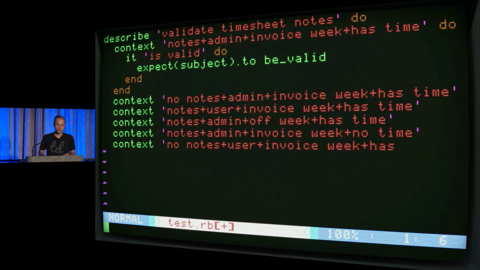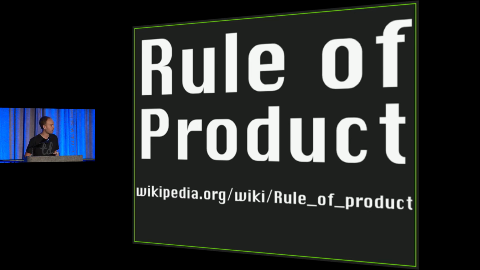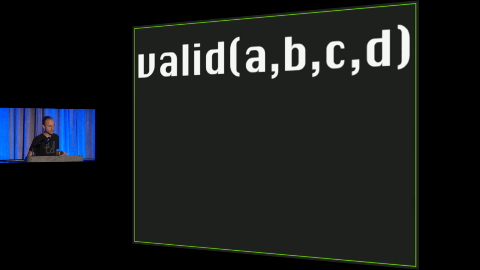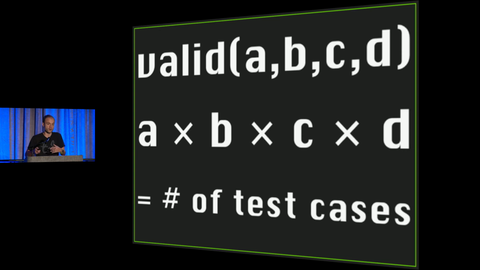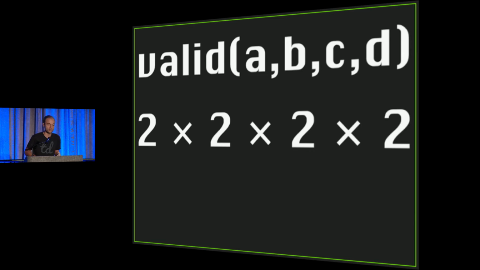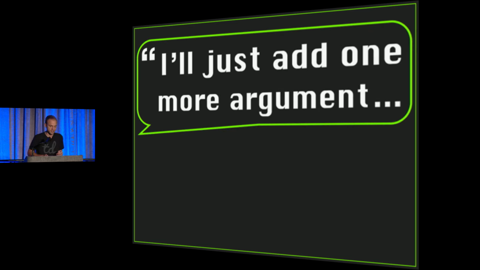What I fell victim to here is called the rule of product. It's a real thing from combinatorics and math. You know it's a real thing because it's got a Wikipedia page. You can go check it out. But to summarize it, for this method with 4 arguments, you take, for each of those arguments, all of the possible values, you multiply them together, and that's the total number of potential test cases that you may have to write. This is actually the simplest case because they're all Boolean, so it's just 2 to the 4th, so there's an upper bound of 16 test cases I may have to write in this circumstance.